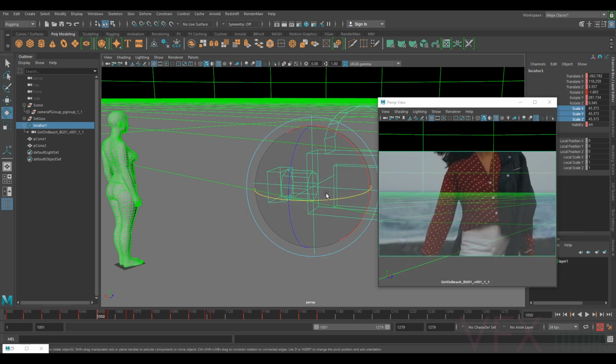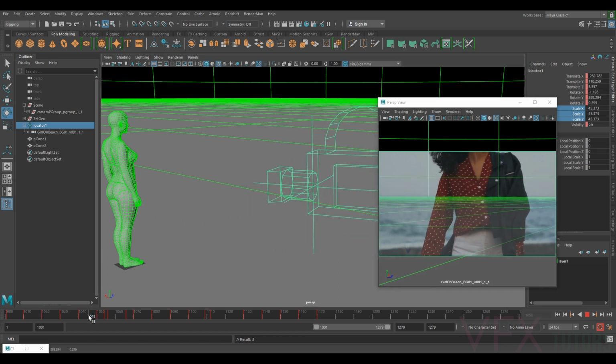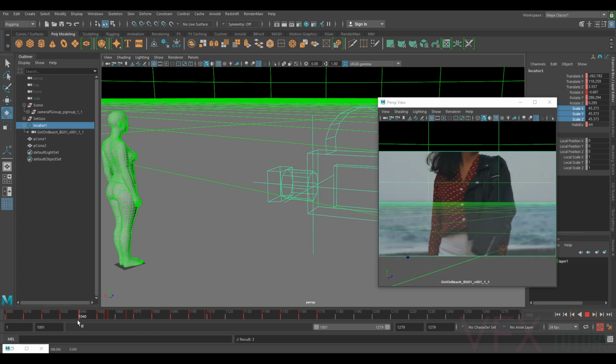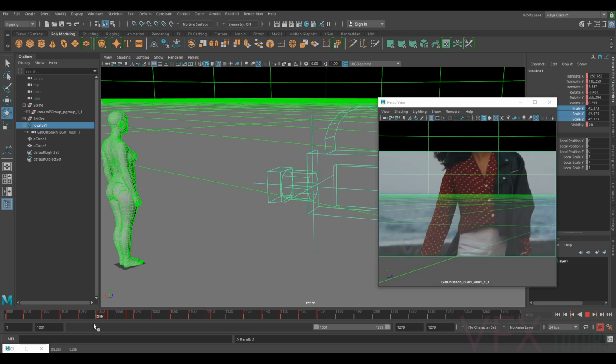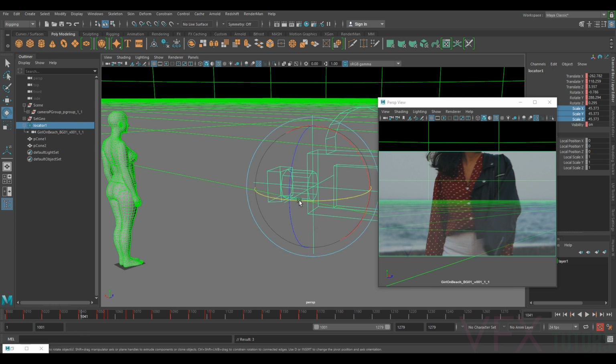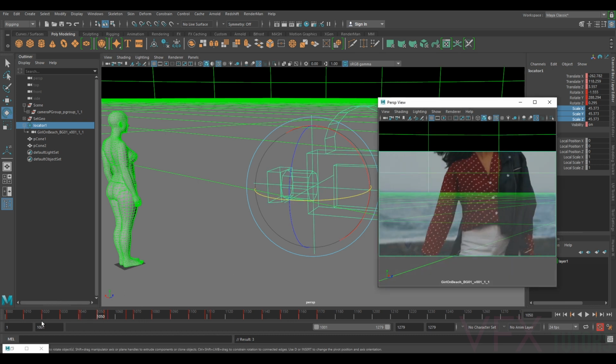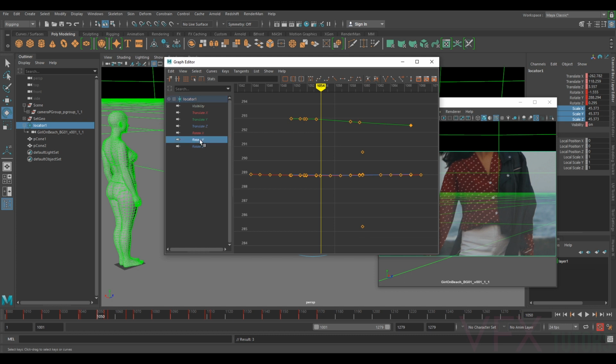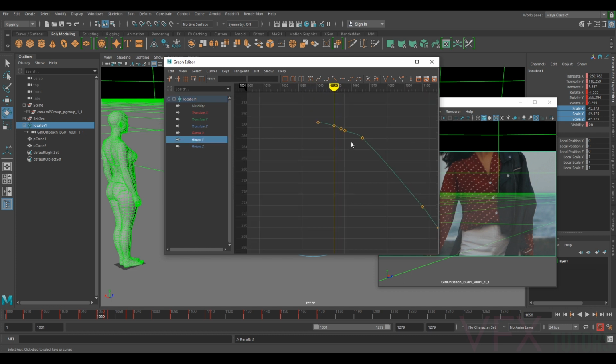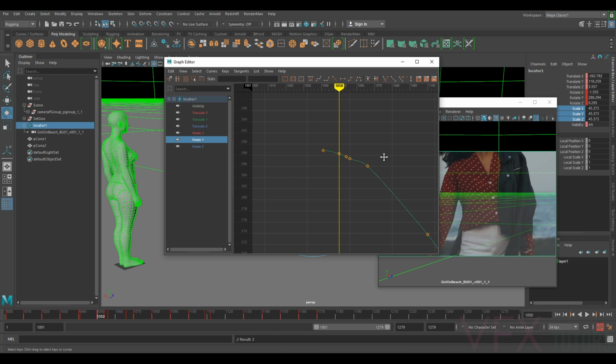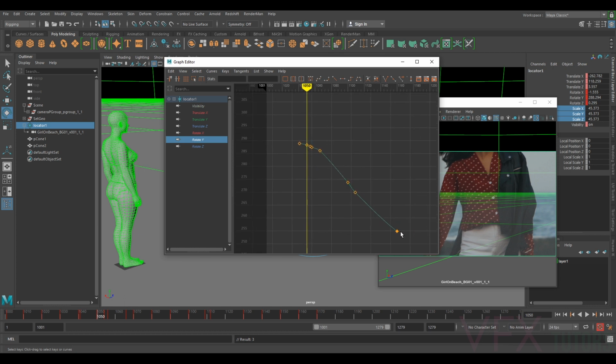You see it rotates slightly. Nowhere near as much as I thought it was. And the more accurate we can get this sort of rotation here, we can then continue that up. So if we go back to our rotation, we can see now with those rough keyframes, we've got this rotation curve which is sort of